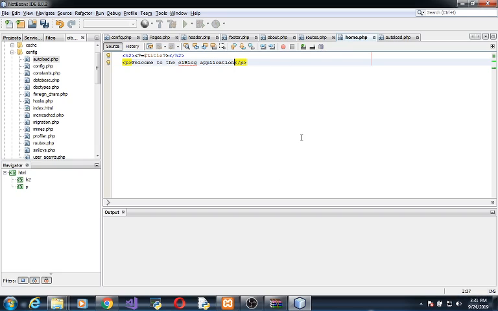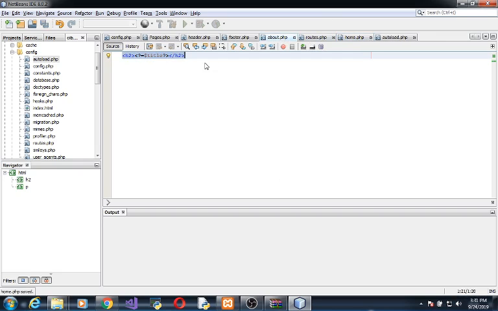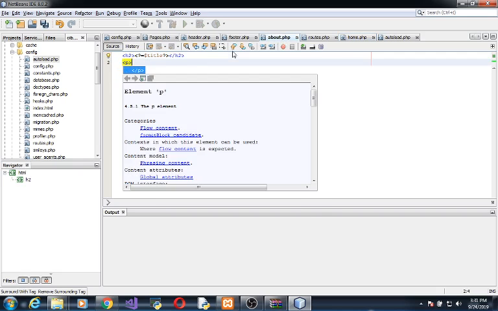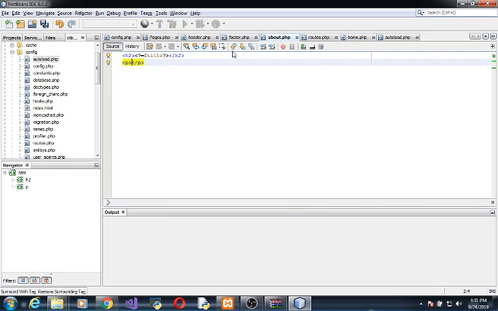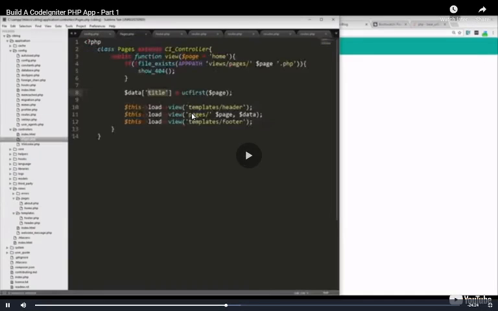Okay, so now if you want to create other static pages, you can do that really easily just by adding a view down here and then a navigation item. All right, so let's close everything up, and you can do that